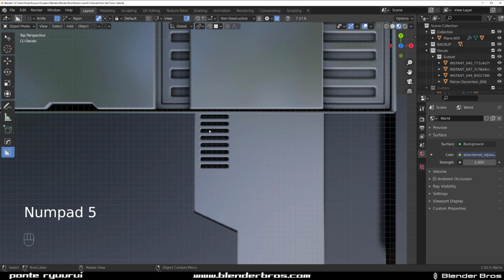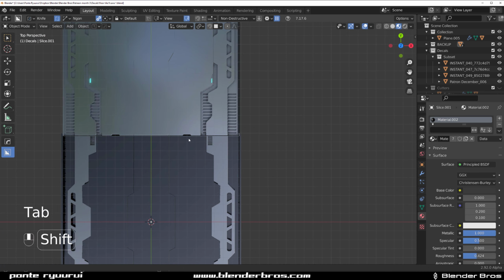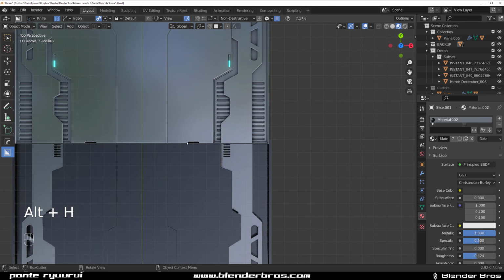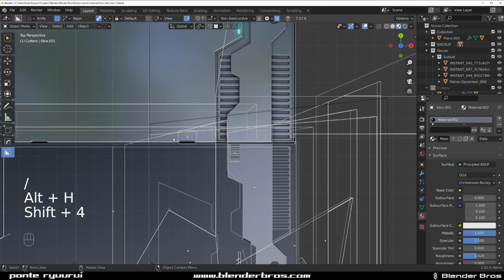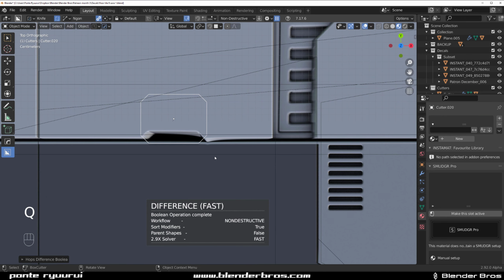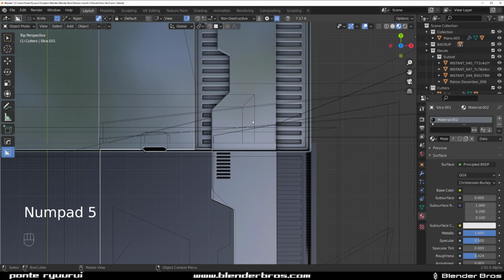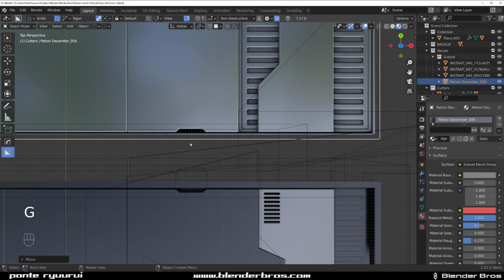This one is still a little bit deeper, so why don't we fix this? GX and move it a little bit deeper here. There we go. Now it fits. I really want it to fit pretty well. Now Alt H, what are my cutters? Shift 4, that's the one. Grab this cutter. I want to cut this, right? So difference, but I think, let me see this. Let me move this away because it's in the way here. There you go. So now it matches